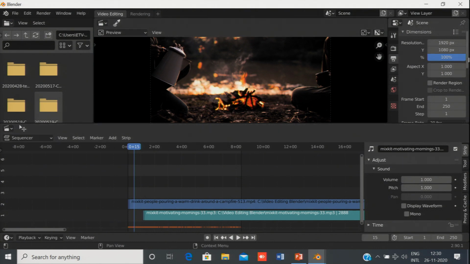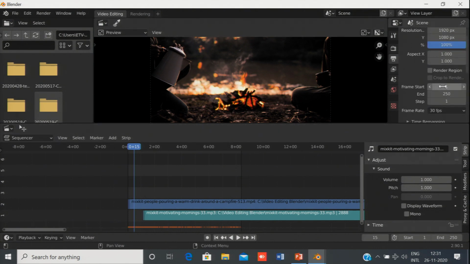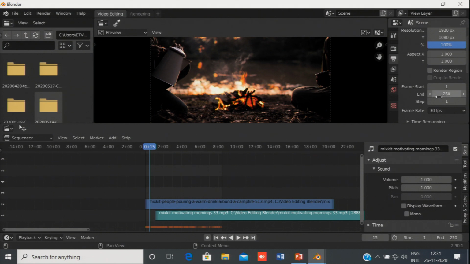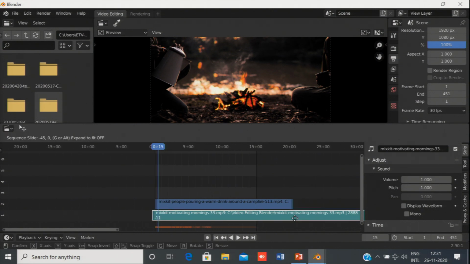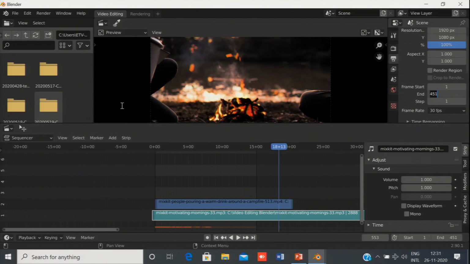Like I showed you in the previous lecture, this is the frame start, that is okay. The frame end, now I will just increase it. See, when I am increasing it, you can see the frame end is going here. So, let us cover the whole video. Okay.